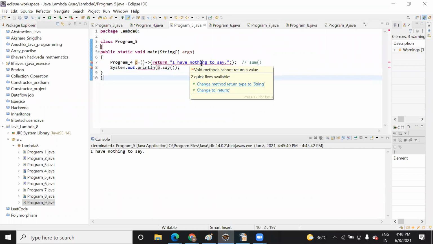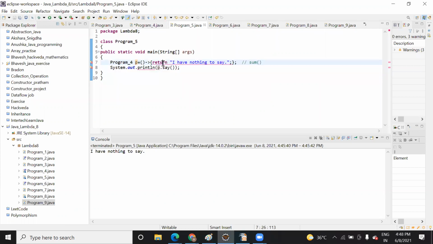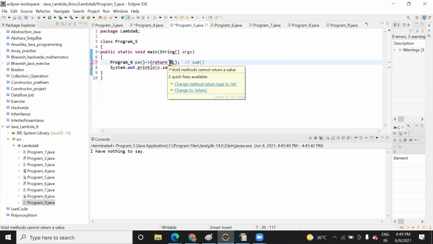With return type, it means what value it is going to return on the memory. It is returning a string value, right? If I remove this, so if you write system out instead of return, one minute, system dot out dot println, now when I convert it into 0, it is saying change method return type to int. Why int? Because I'm returning an int value, 0.